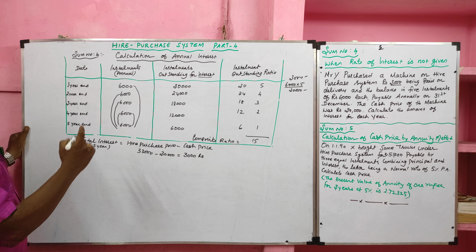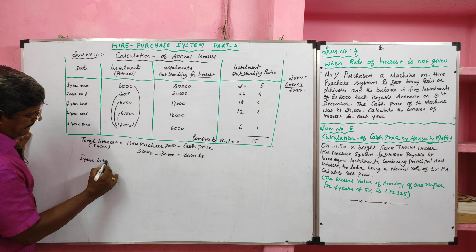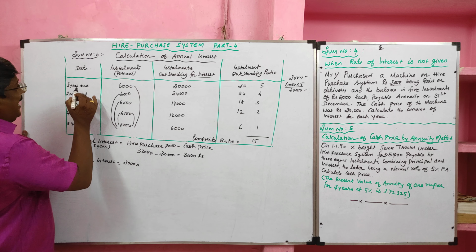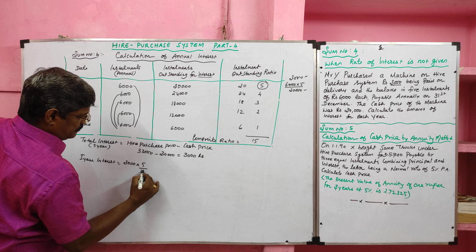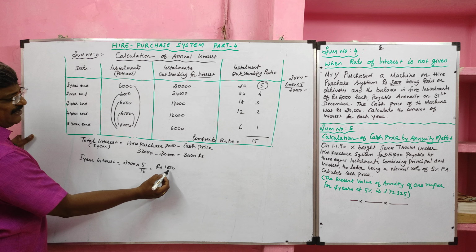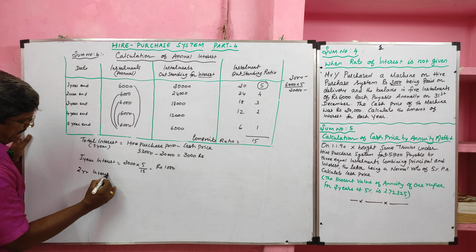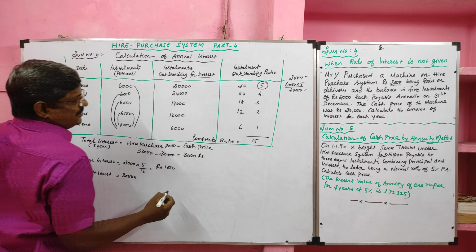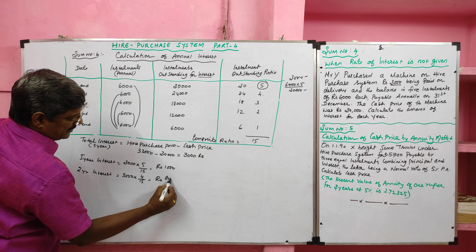Now we are going to calculate annual interest for each year. So first year interest. We know 5-year interest 3,000 multiplied by each year ratio divided by composite ratio, value rupees 1,000. So at the end of first year, the annual interest is 1,000. Then second year interest. Total interest we know 3,000 multiplied by each year ratio divided by composite ratio, 4 by 15. Its value is rupees 800.